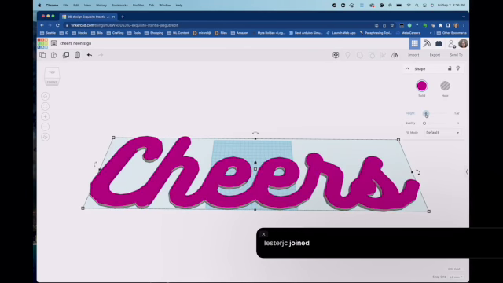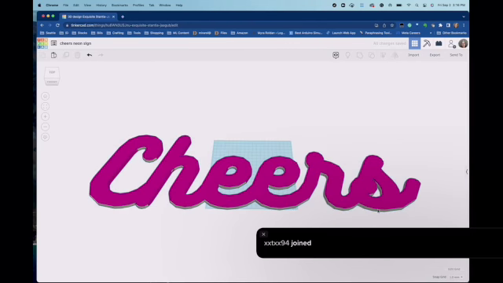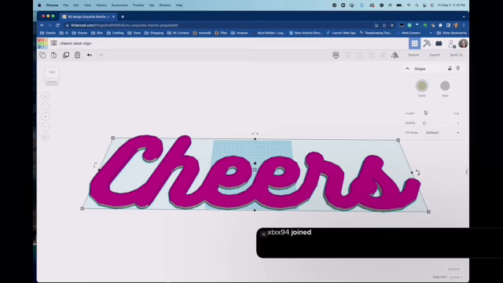So I'm going to change the height on this. I'm going to make this one probably, let's make it a height of 10 just for now. And then we're going to unclick it, and we're going to select the bottom layer, the gold layer now, and we're going to bring that